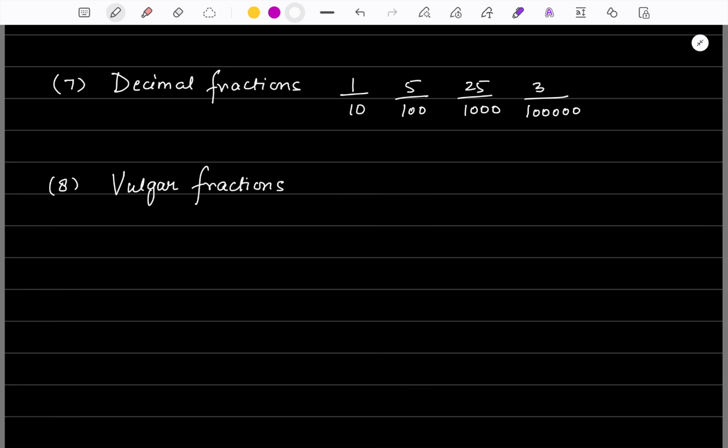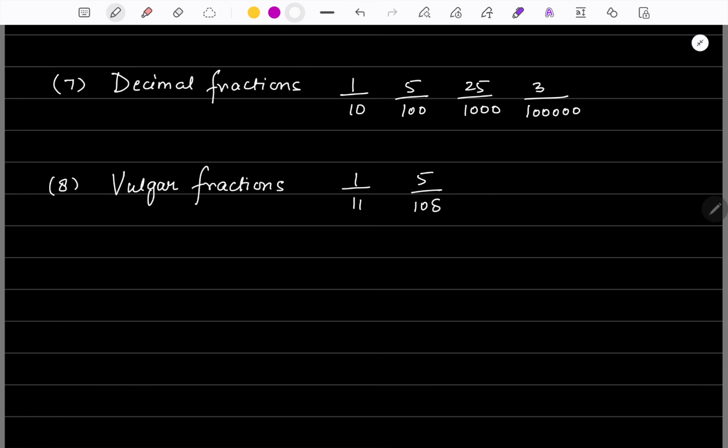So basically, vulgar fractions are the fractions where the denominator is a natural number other than 10, 100, 1000, 10,000, like these kind of numbers. So in a set of fractions, if we remove decimal fractions, the remaining ones represent vulgar fractions. Examples here can be 1 by 11, 5 by